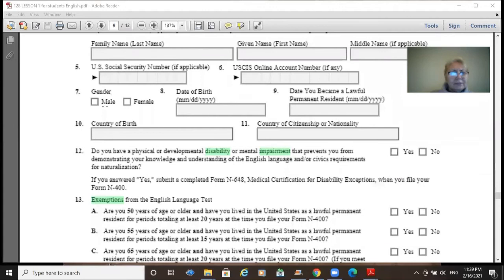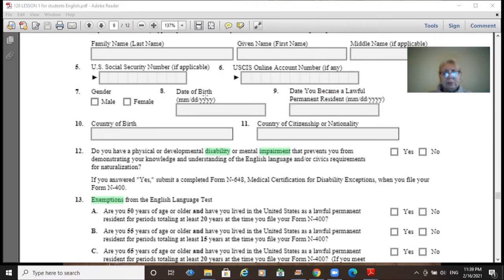For item number 5, they will ask a question, what is your social security number? And you need to remember it. Now, any information that you put in your N400 application, you have to memorize. You need to remember all of it when you go to the interview. I don't think they will ask you any question on item number 6 or item number 7,